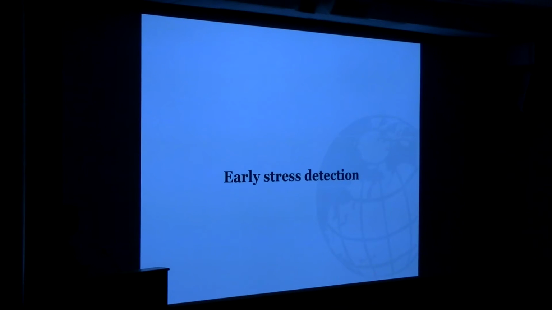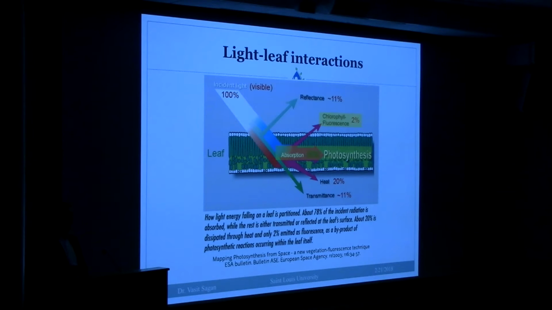Some examples of early stress detection: how do we do it? We go back to how plants react to light and different conditions. Basically, about 56% of incoming light is absorbed by plants and used for photosynthesis, and plants convert that energy to chemical energy. Some of it, about 20%, is dissipated as heat, some is transmitted through the leaves and air, and then about 11% is reflected. And then chlorophyll fluorescence, this is